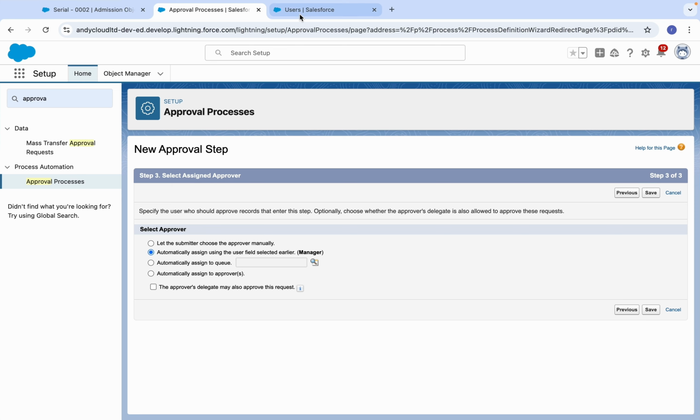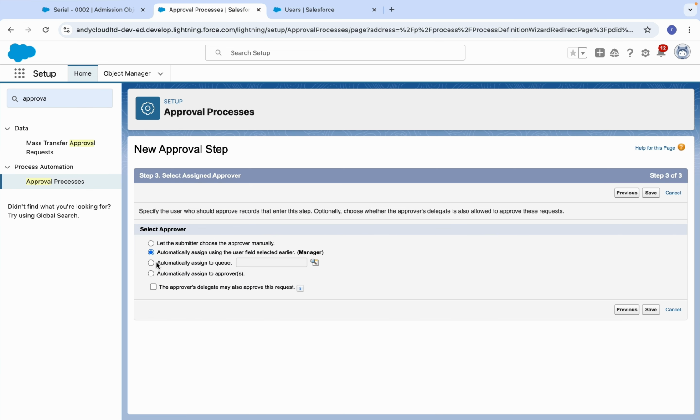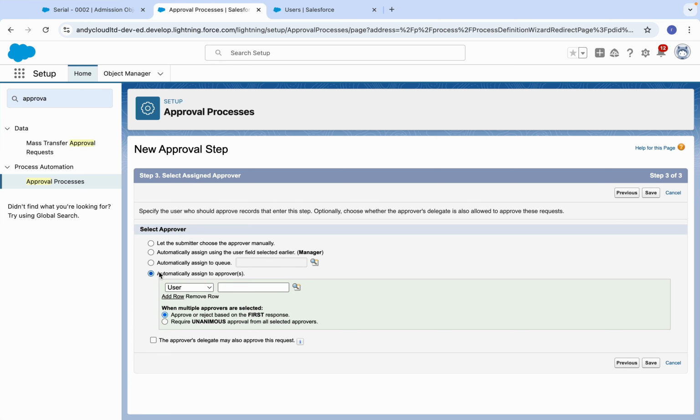So it will go automatically to the manager, or automatically assign to a queue. If there is any queue available, it will go to the queue, but there is no queue. We will learn about queue and group in future.